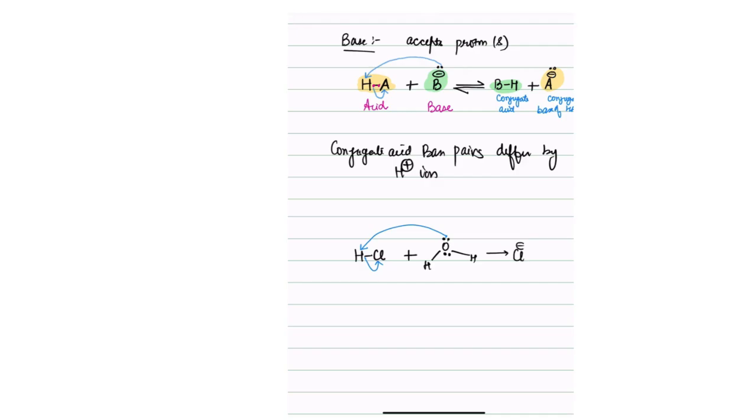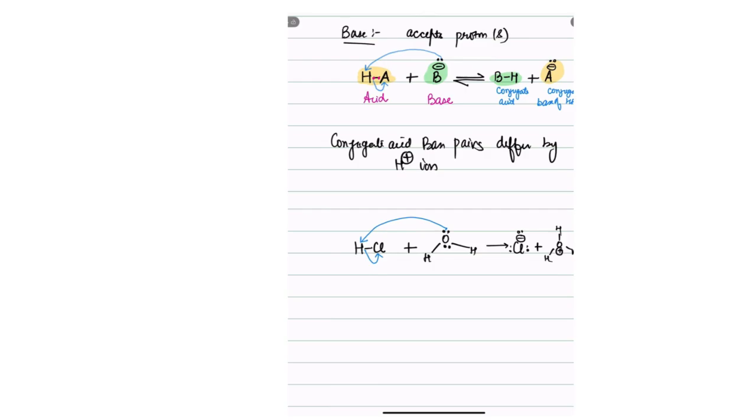chloride ion plus H3O positive ion. This is called hydronium ion. Okay, it's called hydronium ion. So